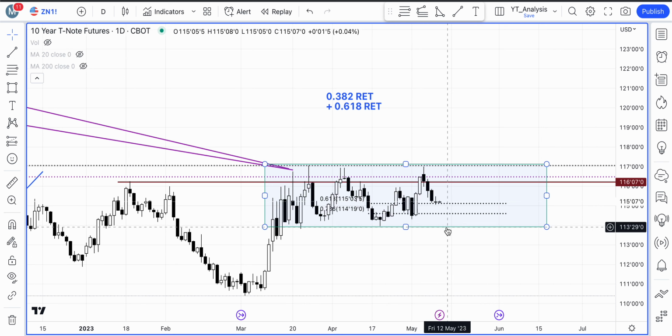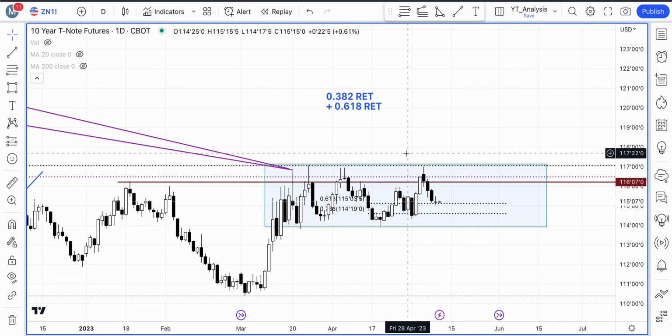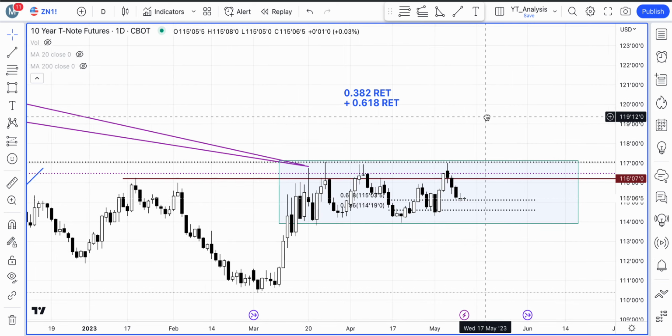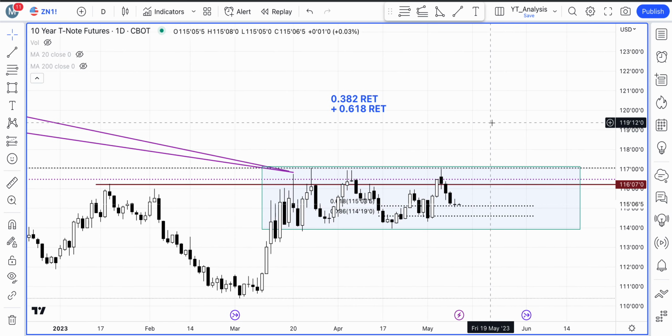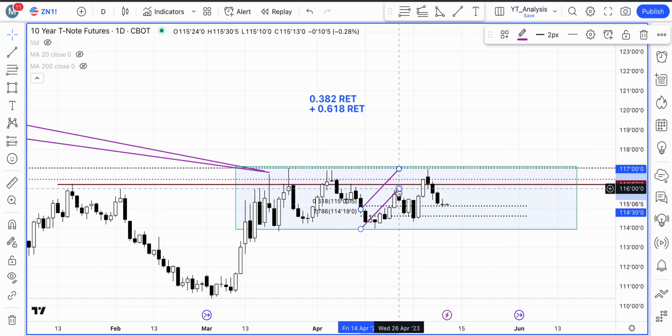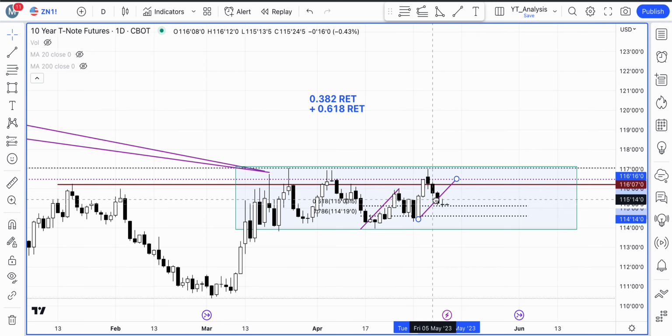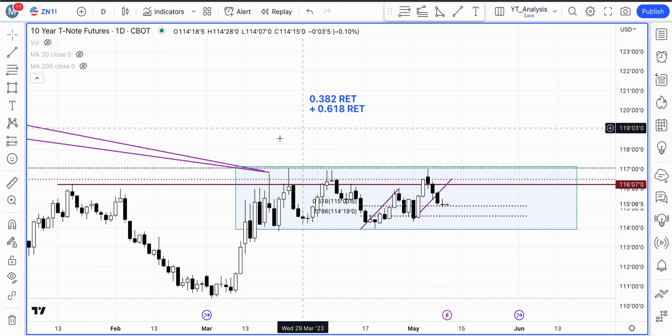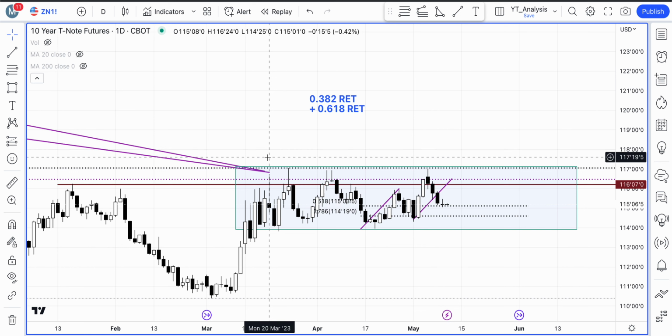Otherwise, just like the bonds, we might be looking at a scenario where it's going to go and test the lower end of the range, and if it breaks out to the downside, that's an indication that the market is expecting the rates to actually move higher. Now, all of this might have to do with the debt ceiling stuff going on. I don't know in terms of fundamentals, but what we can look at is that the market since